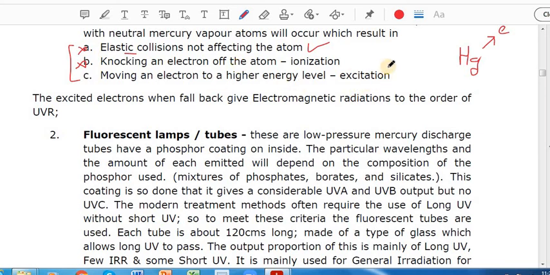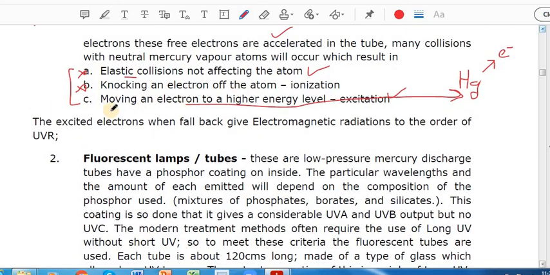But the third one is very important for us because we know that this gives you the excitation. So if electrons collide, the electrons of the mercury get excited and then they come back. When they come back, they give you ultraviolet radiation. So the third part is the part which gives you UV radiation. But this is natural physics. We cannot stop it. This happens randomly. This happens by chance, or there may be some other natural laws governing it which are beyond our control.